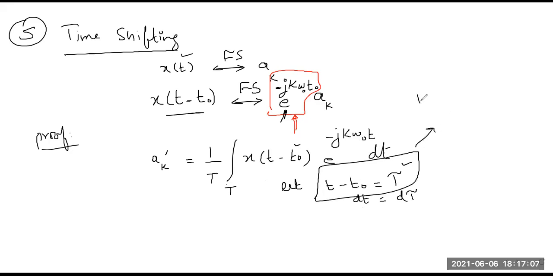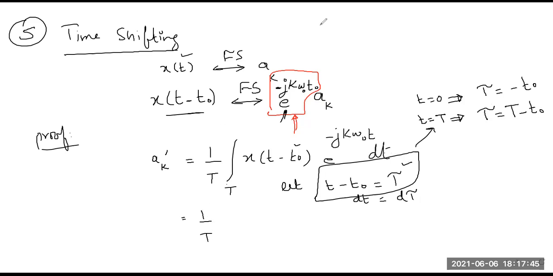For t equal to 0, tau will be minus t naught. And for t equal to capital T, tau will be equal to capital T minus t naught. So these are the lower and upper limits with respect to tau. Now coming back to this,